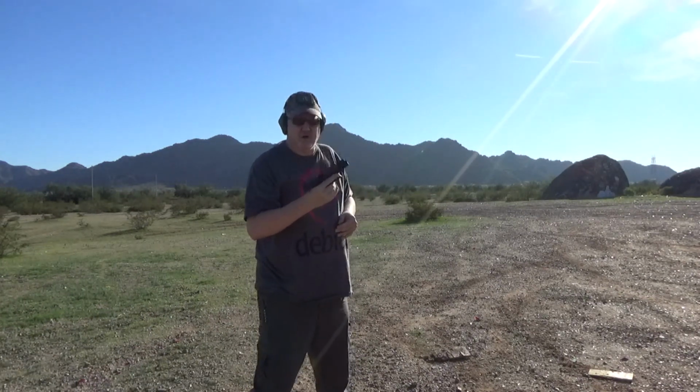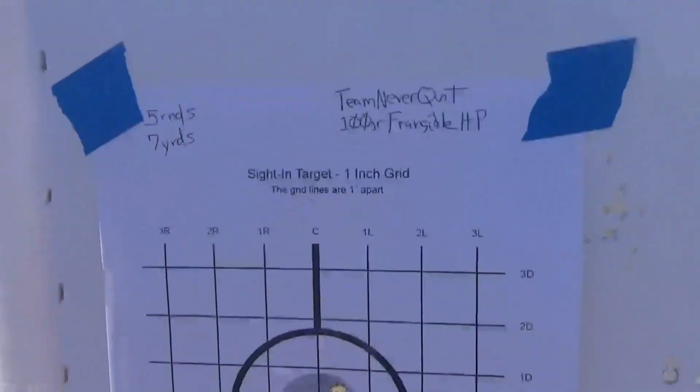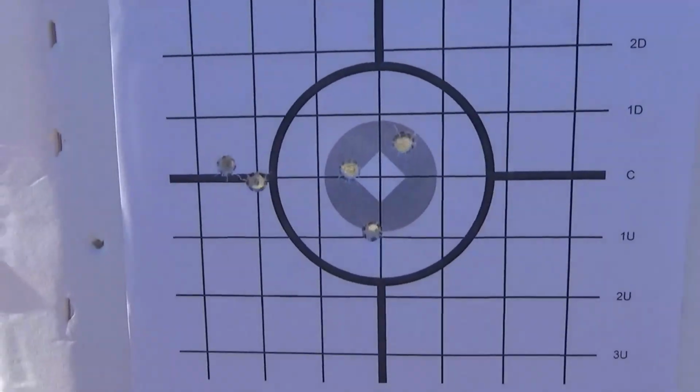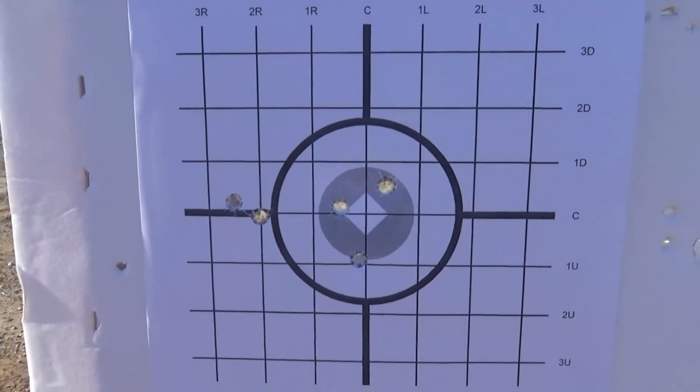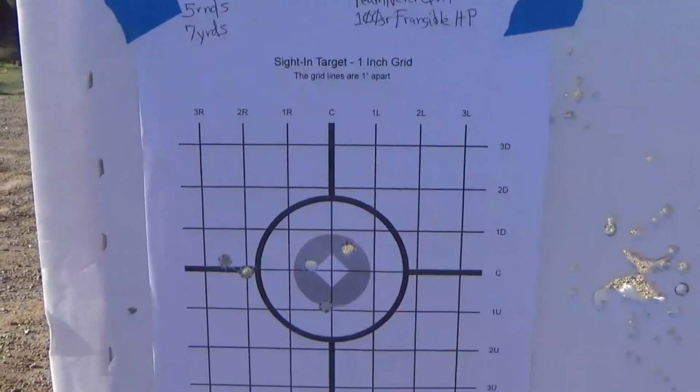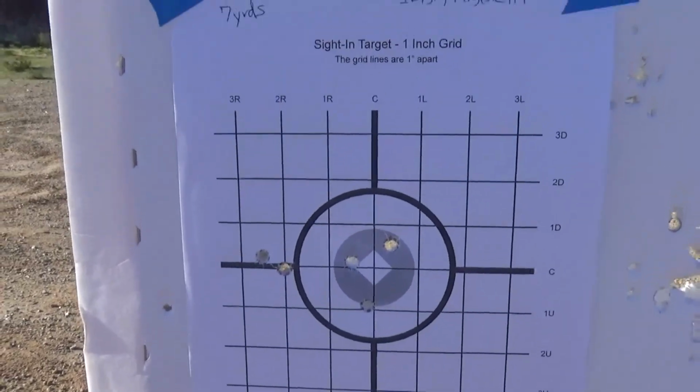Very mild recoil because of the light bullet weight. So yeah, let's go take a look at this target now. Alright, here's the Team Never Quit. And it looks like I pulled a couple, but then there's 3 right there in the gray. So I have to shoot more of those just to see if that was me or if it's the